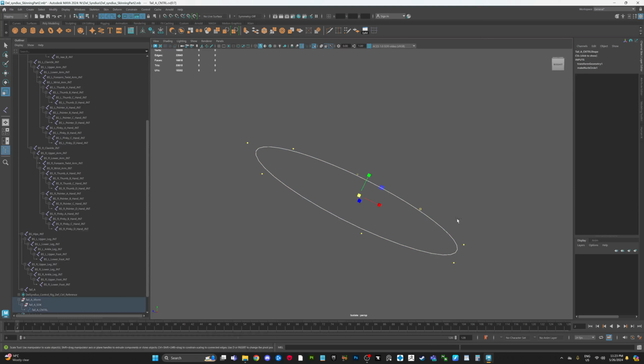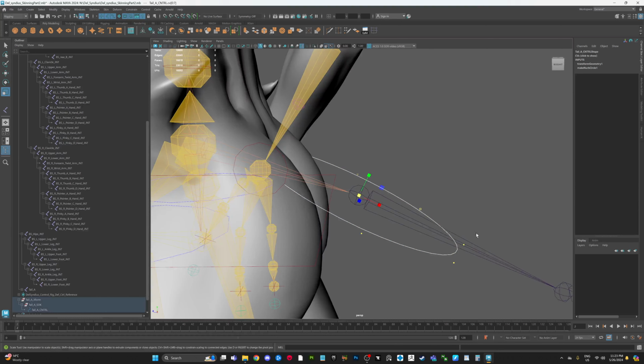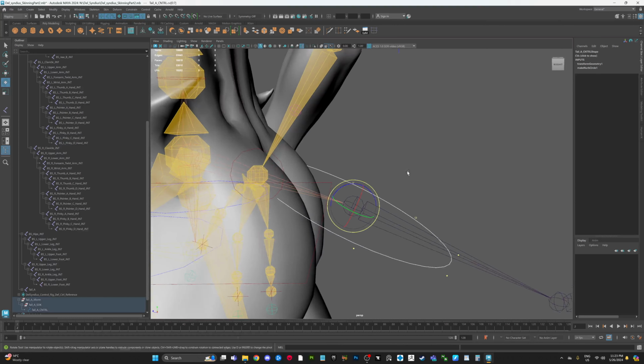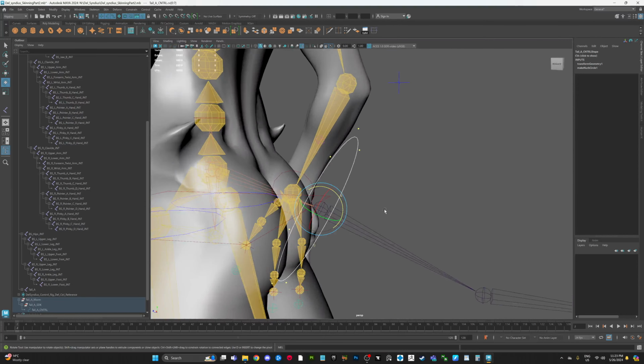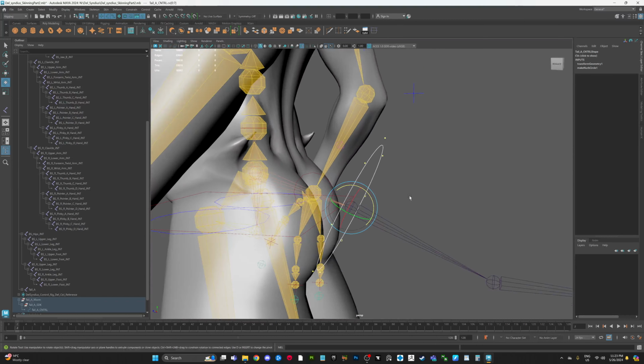With those components selected, I'm going to press Control 1 again, grab my rotation tool, and in here I'm going to hold in the J key and rotate on the Z axis until my controller is aligned and snapped to the orientation of that joint. From there, I will scale down that selection as well